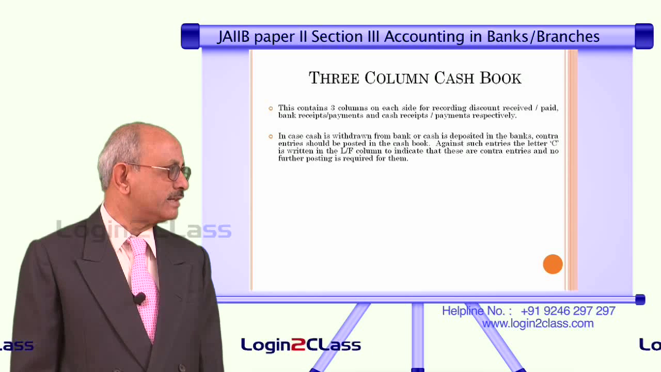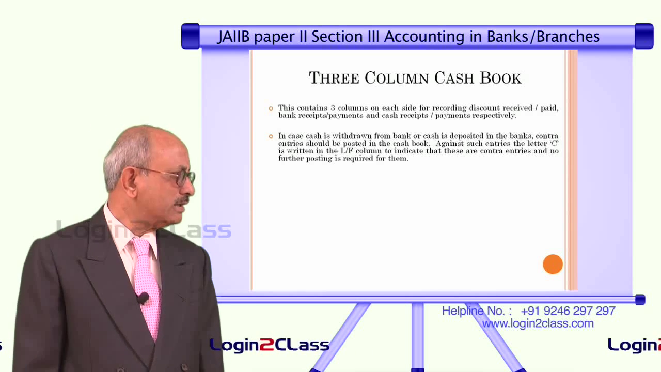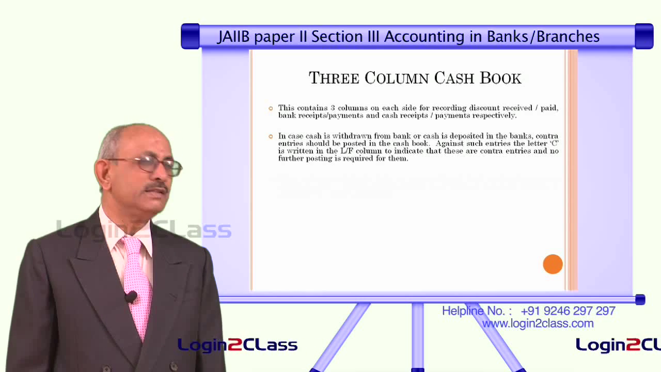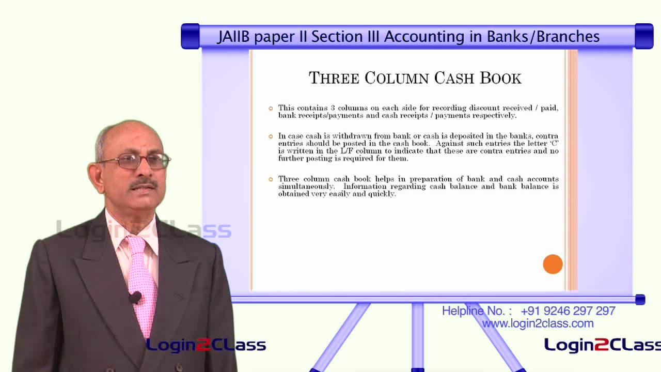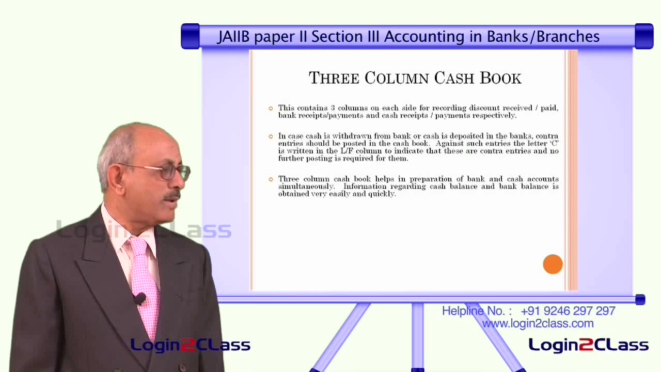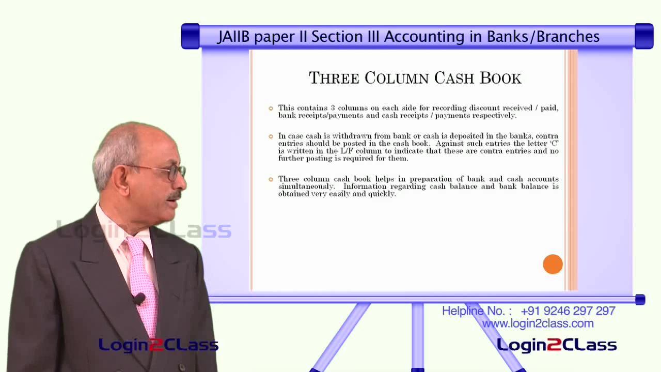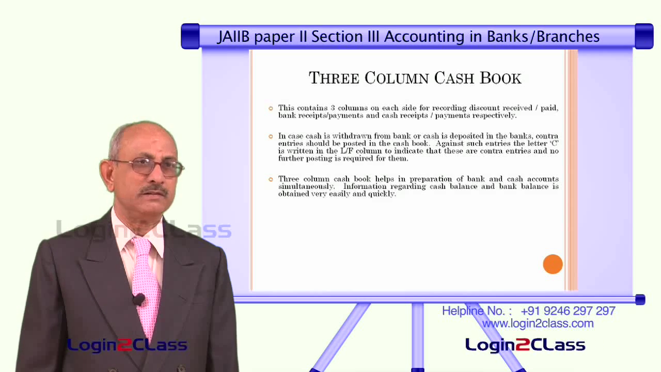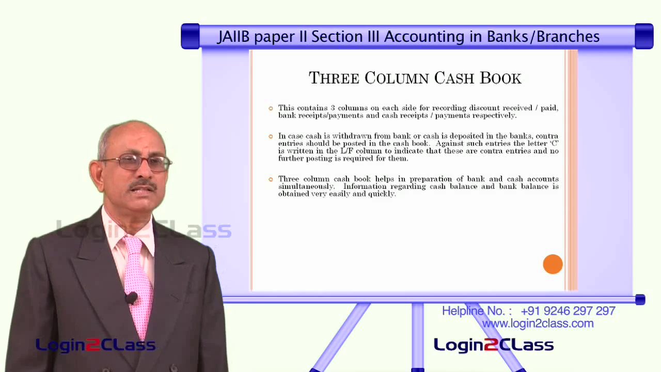Similarly, on the payment side, that is on the right hand side, we will have a bank payment, a cash payment and a discount payment. All 3 will be put there. So this again helps us combine the cash account and the bank account in the form of a cash book. So there is no need to separately maintain a bank account as such in the ledger. So this 3-column cash book will also serve the purpose of ascertaining the balances in the